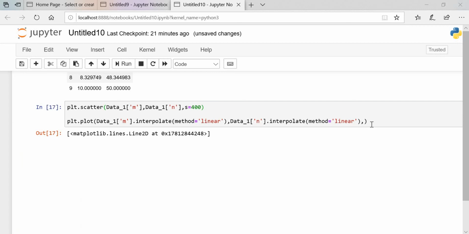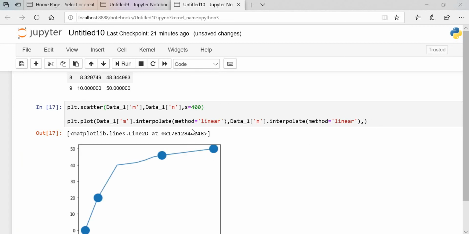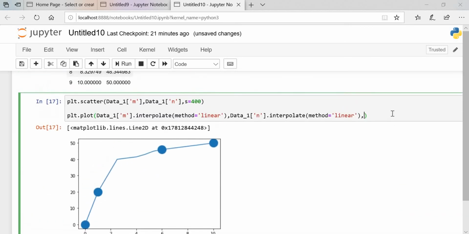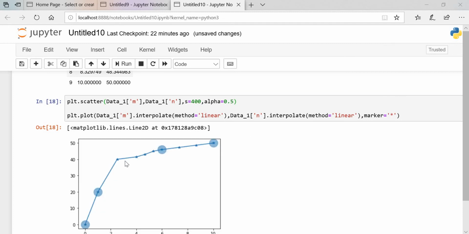Once it executes, you can see here. One more thing I'm going to use is the marker. I'm using the star. Okay, and here I will put the alpha, so you can see whatever graphs we have behind.